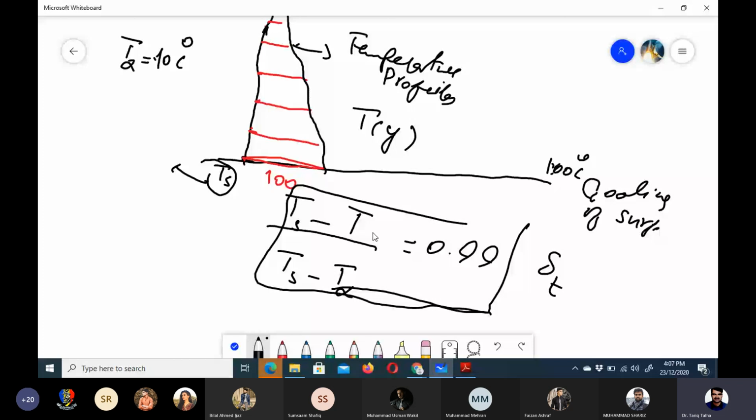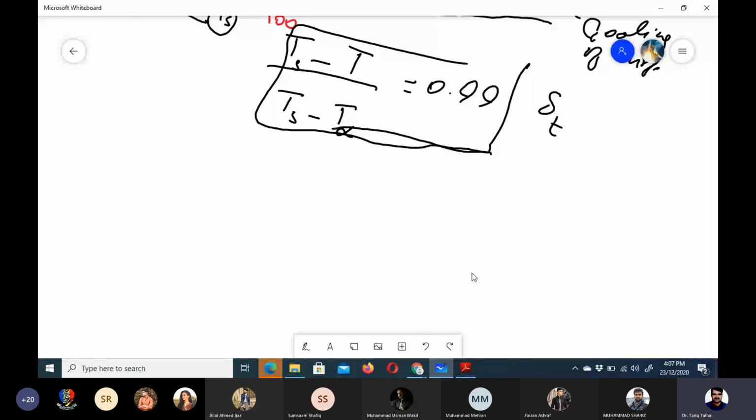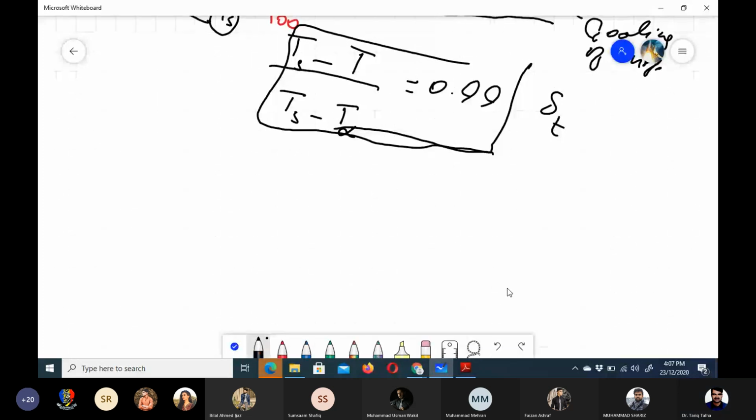Okay, now as we discussed a little bit earlier, the heat transfer between a solid surface and the fluid happens at the first layer, right? That's what you told me. So this is the first layer. In this, if we apply the energy balance on this surface,